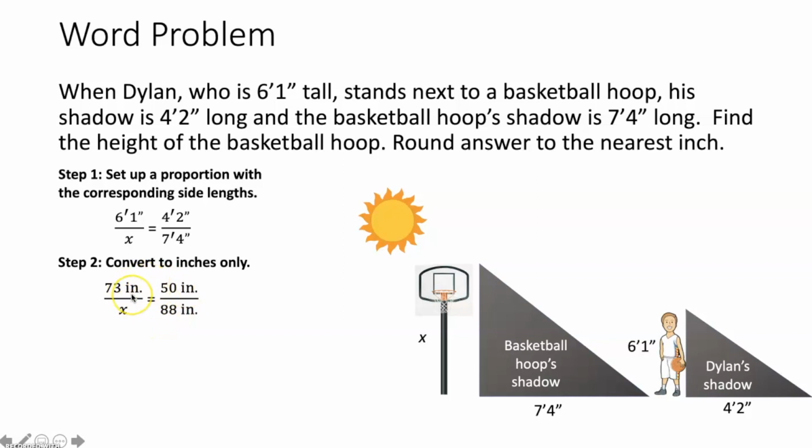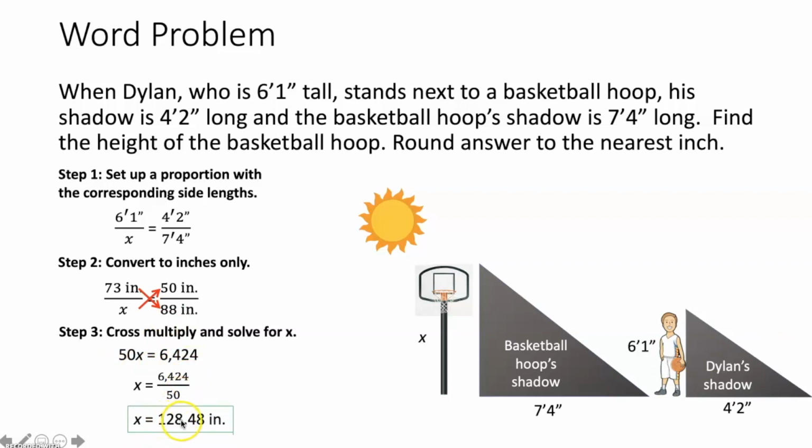So how do I solve this? Well, I need to use the cross product property. I'm going to multiply across and set the two products equal to one another and solve for x. So x times 50, I'm going to set equal to 73 times 88. Now, how do I solve for x here? I'm going to divide both sides by 50, and then I end up getting that x is equal to 128.48 inches. Sweet. Now, this says round to the nearest inch, so you could technically put 128 inches and call it a day,